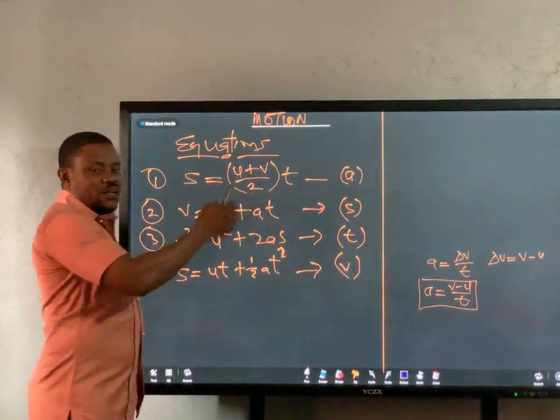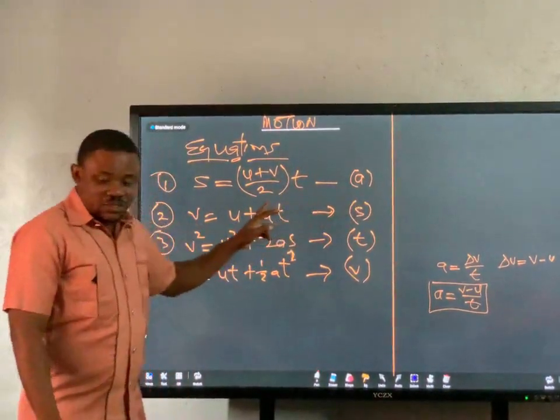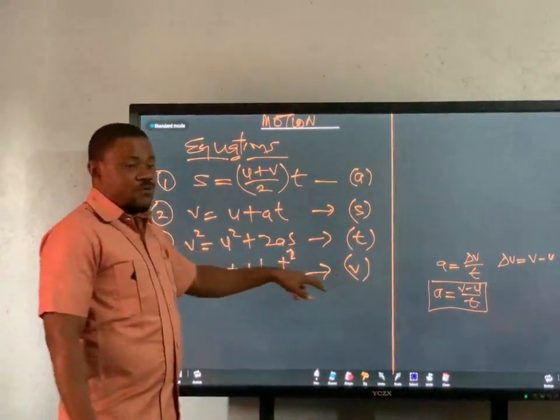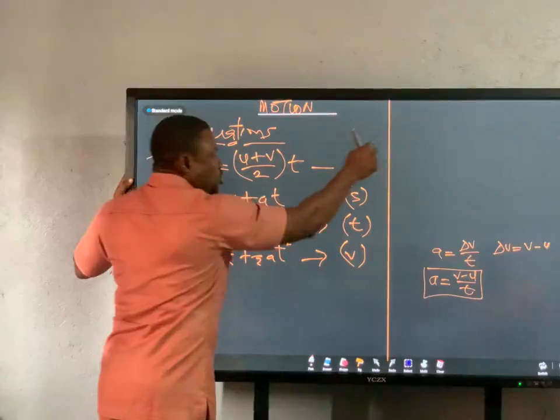You have DSC. The first doesn't have A, the next doesn't have S, the next doesn't have C, and the next doesn't have V. So if you're going to do any calculation that does not have a use for